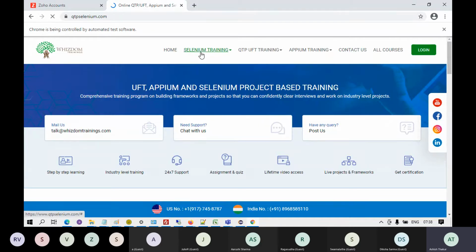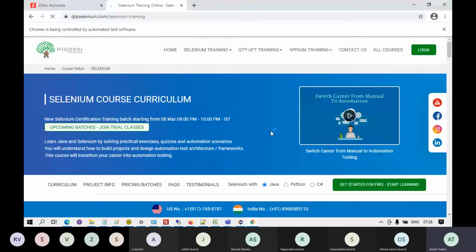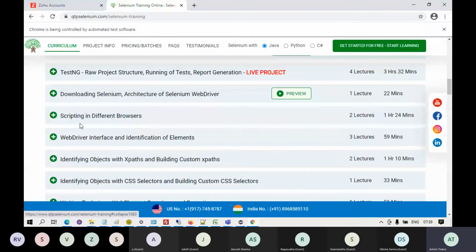Okay, I'll just tell you the pre-recorded video which you need to watch. You go to the course details, and this is a simple piece of code. At times you have to block the notifications as well, or you need to do the proxy settings in certain projects. Okay, so the code is quite standard, and just look at this